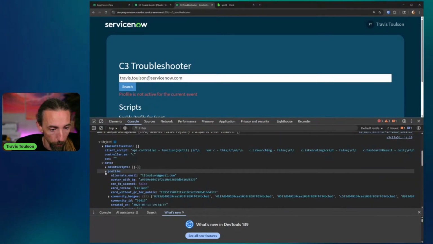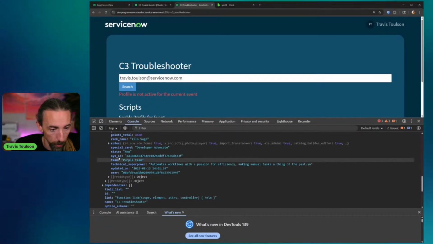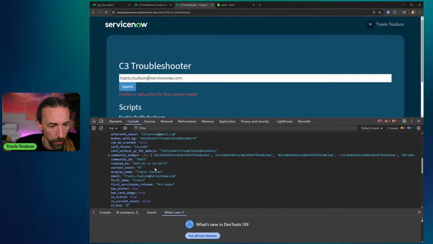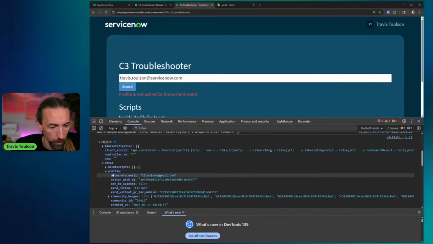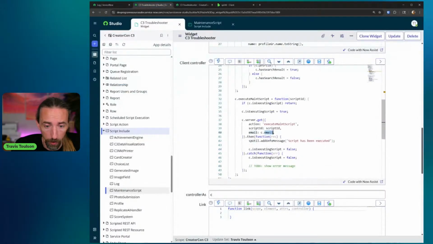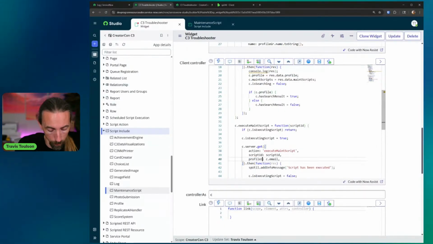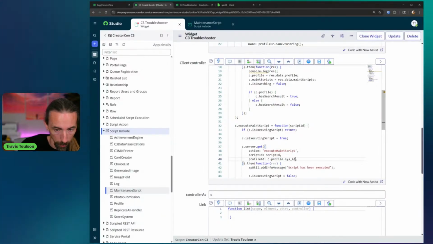Yeah, we should have a profile object where we should have a sysid, and we do. So let's do that. C.profile, I believe. Yeah, C.profile.sysid,